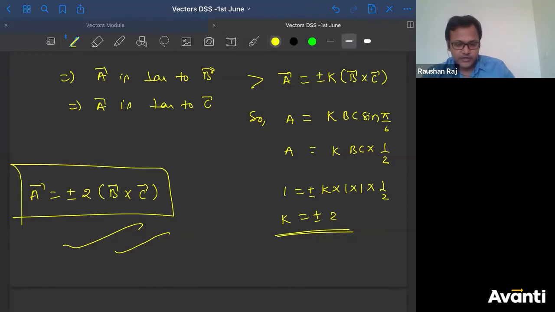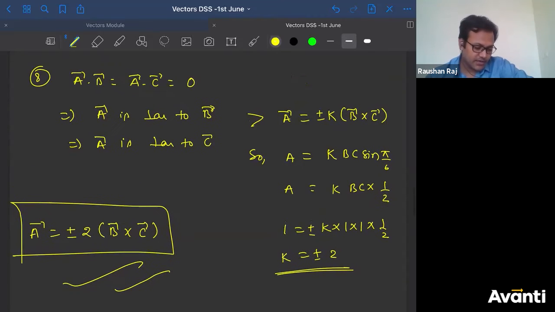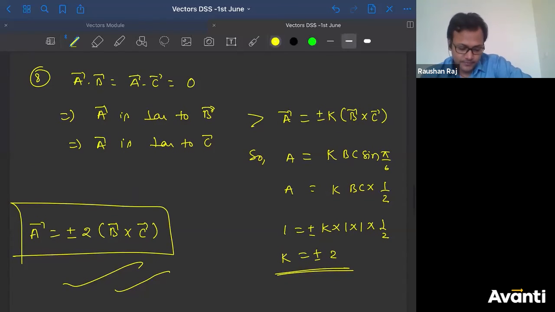Guys, let me know if you have any doubt in this. Let me know if you have doubt in this, in question number 8. Come on, guys. Please write properly. I don't get. You have written why plus minus 2. What is it? Guys, did you understand this? Click yes if you have understood this solution. Question number 8. Click yes if you have understood this solution.